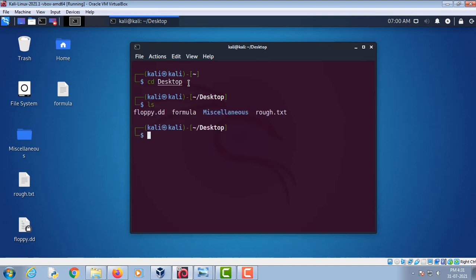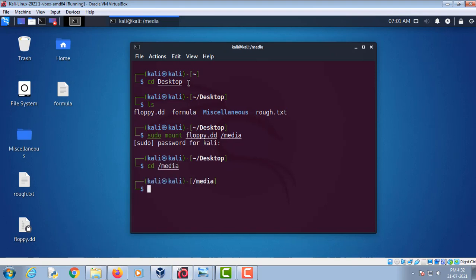Let's go to the desktop. Let me mount this. As you can see, there is a directory by the name of dir1, and there is also a file by the name of file1.txt.